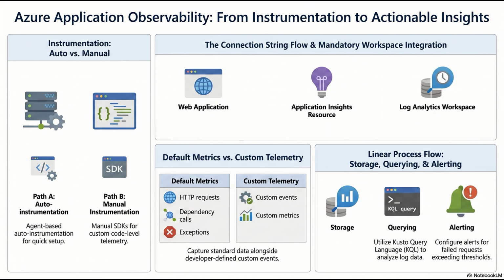Give me a practical example. Let's say I want to find the top 5 URLs on my application that are generating the most 500 internal server errors over the last 24 hours. Step by step, how does that KQL pipeline actually flow? Okay, you start by defining the source. You literally just type the table name, requests. Just requests. Yep. Then you use a pipe character.